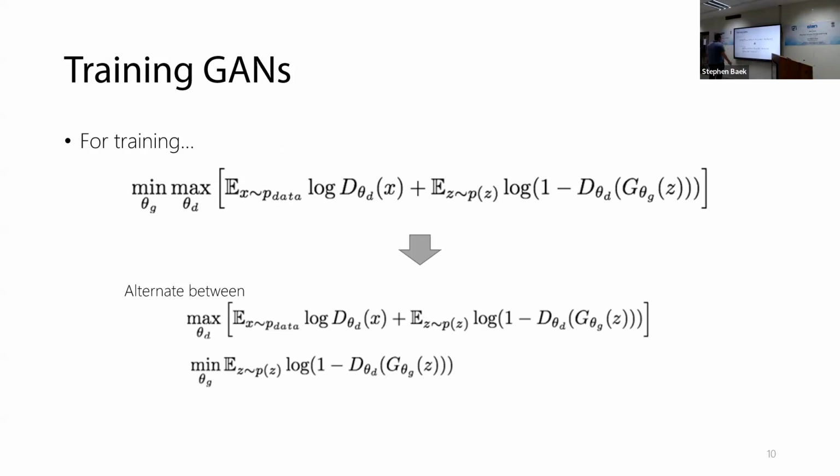The first thing is that, instead of solving the Minimax game problem all at once, a very common strategy is to just alternate between maximization and minimization. So what that means is you train the discriminator first. And while you're training the discriminator, you freeze the weights of the generator, which means you're not updating the generator weights at all, right? And then after the discriminator is trained for a few steps, you turn off the discriminator and freeze all the weights of the discriminator,